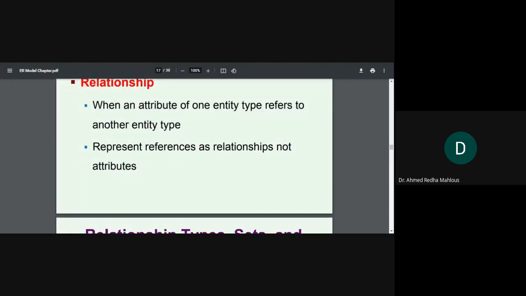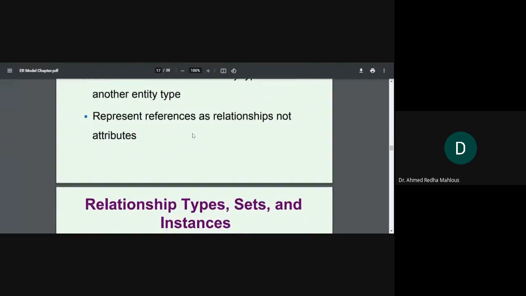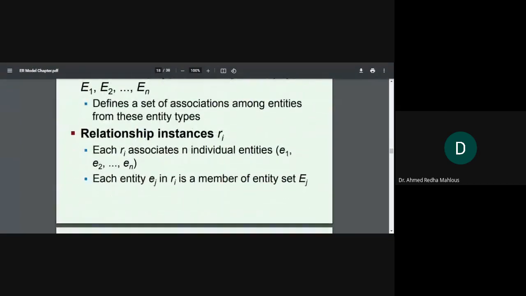So the relationship will represent a reference you will make, for instance, from one attribute in one entity to another attribute in another entity. These are represented as relationships. We are not representing attributes. This is the schematic or mathematical